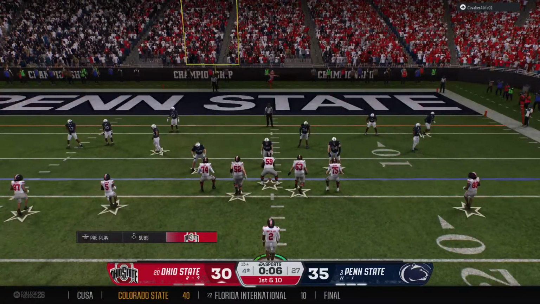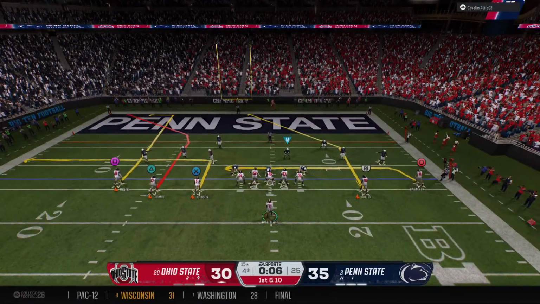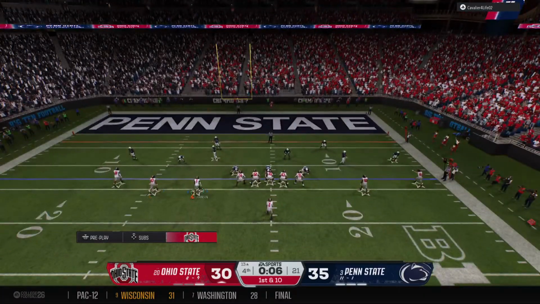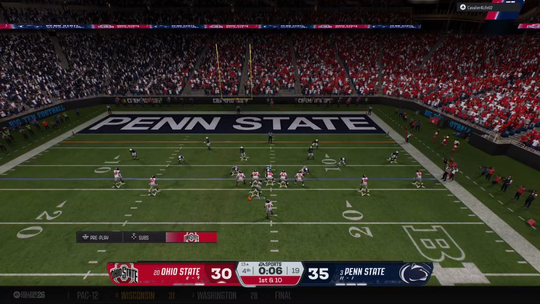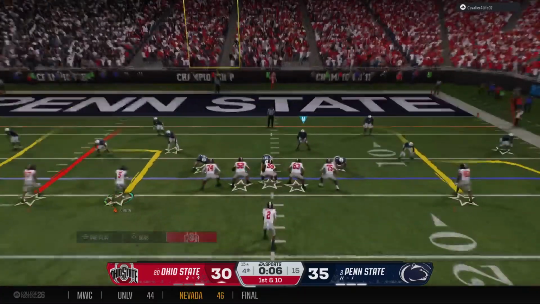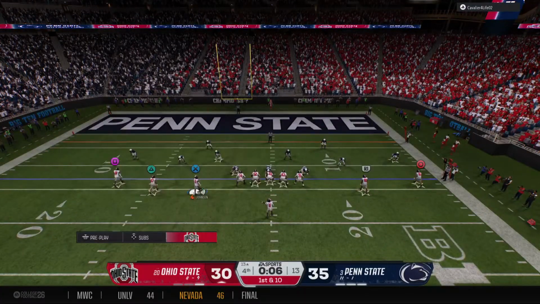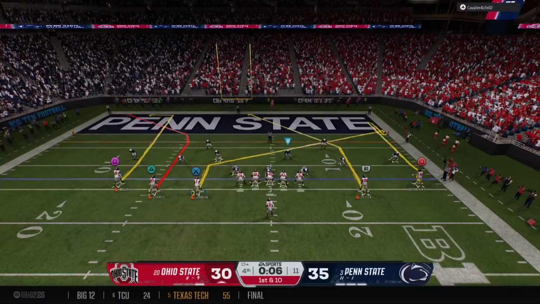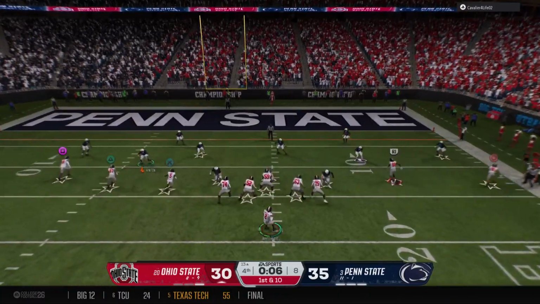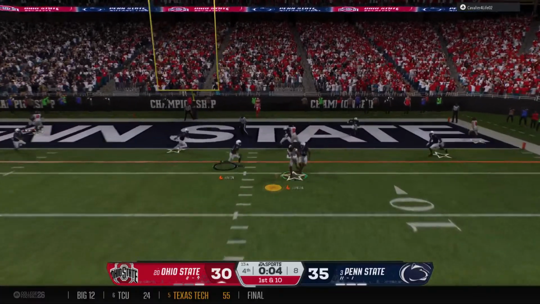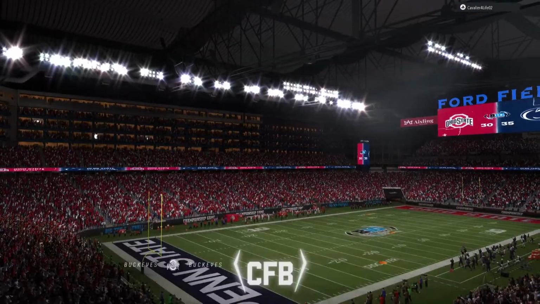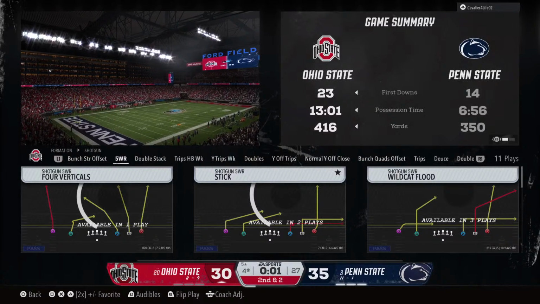The Buckeyes come to the line to start a fresh set of downs. Snapping it from the red zone now, looking to throw. Caught near the goal line. Brought down at the 5 after the completion. Defense getting pushed back.